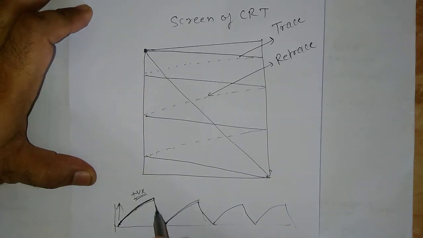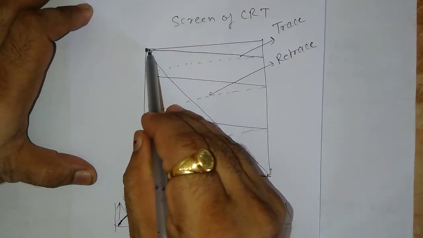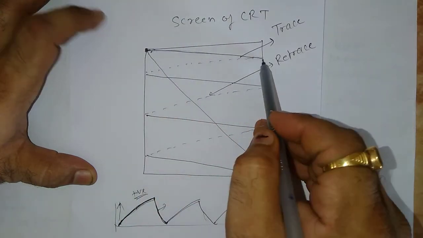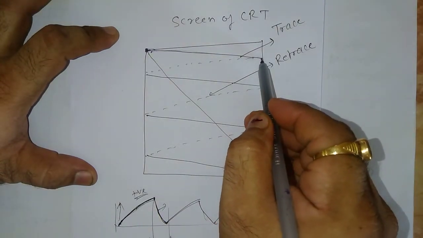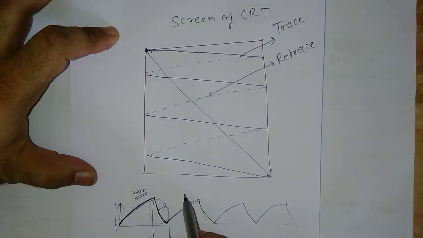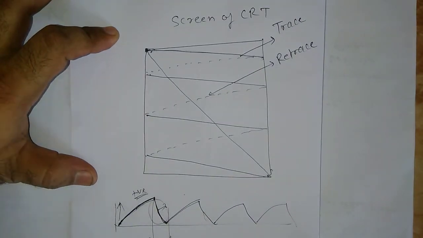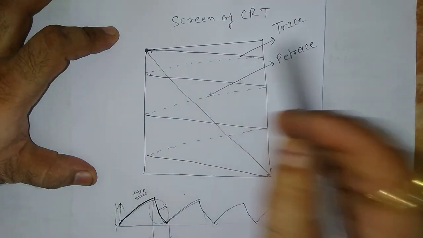But when the potential is negative, during the discharging period of the capacitor, the blanking circuit is not getting any voltage. So we can say that the control grid is not getting voltage, and no electrons will be generated. During the charging period, the whole horizontal sweep from left to right is done. During the discharging period, the electron beam would move from right to left, but here we are not getting any voltage at the control grid, so the electron beam will be absent. So during the trace, the electron beam is turned on, and during the retrace, it is off.